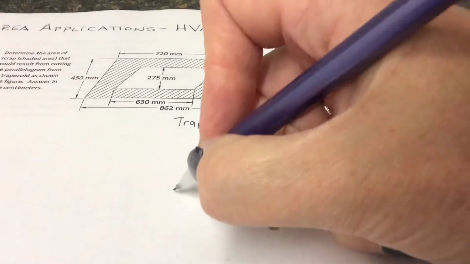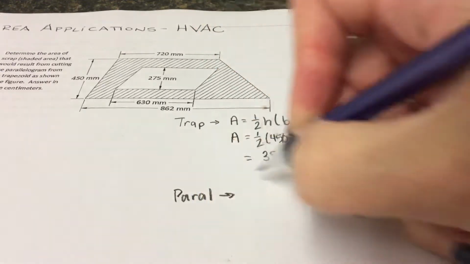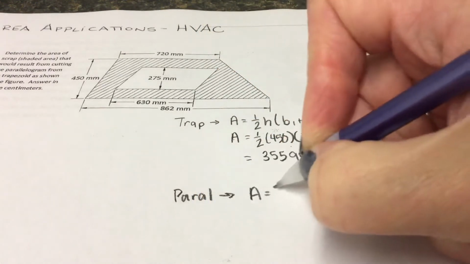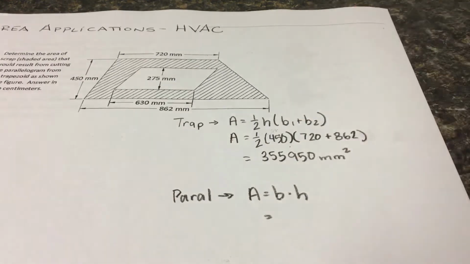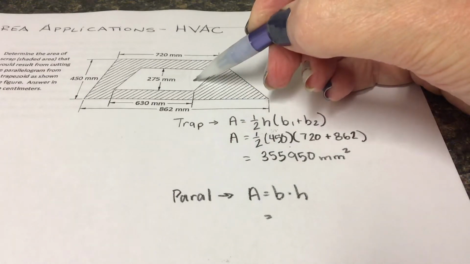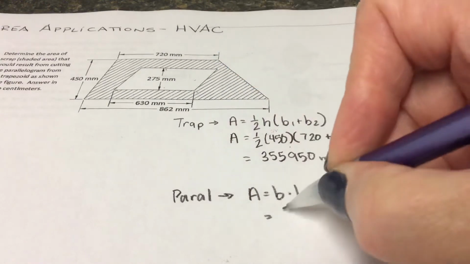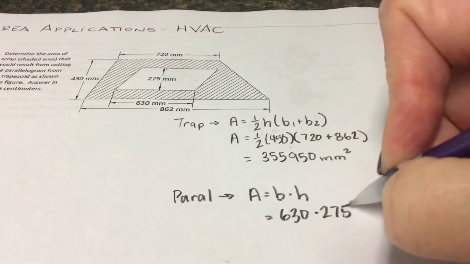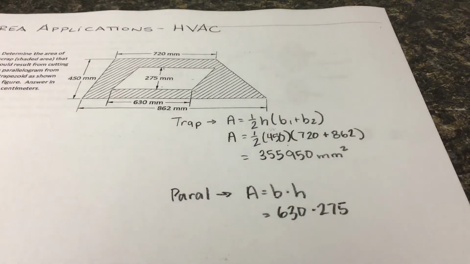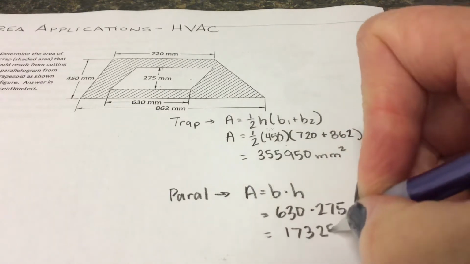And now let's do the area of the parallelogram. And again, you can get this formula from your formula sheet. The base times the height for the parallelogram. That's this piece inside of here. The base would be 630. The height would be 275. And if we multiply those together, we get 173,250